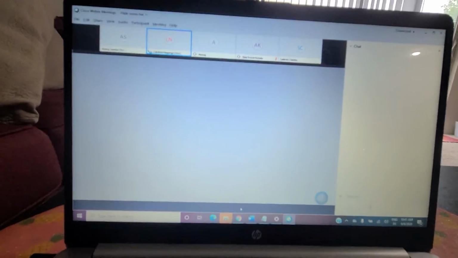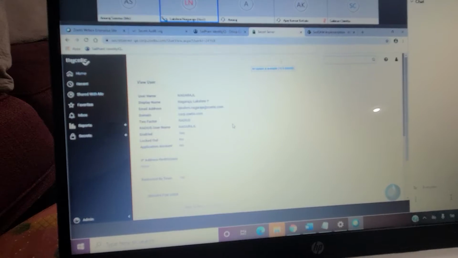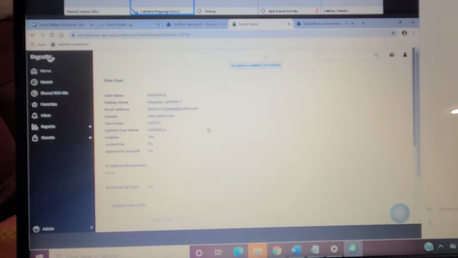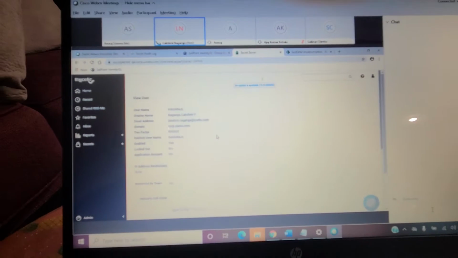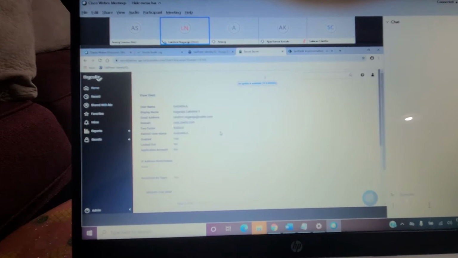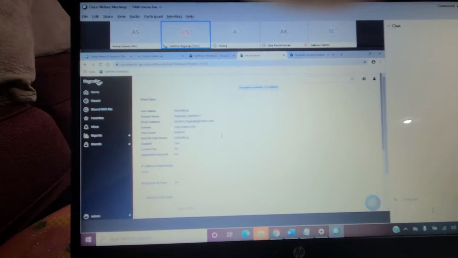Coming to the basic operations which we perform on Secret Server, we have 4 types of access levels in Secret Server provided to users. One is view, list, edit, and owner.